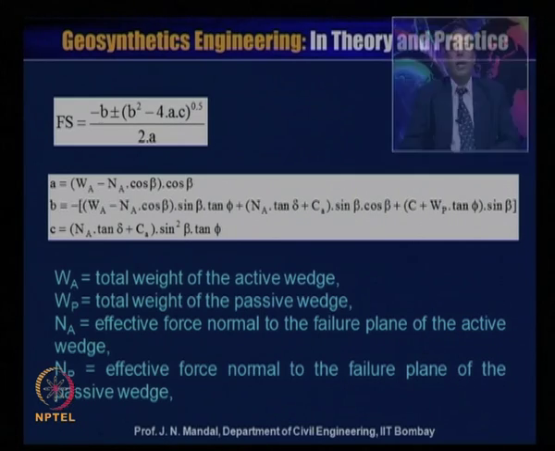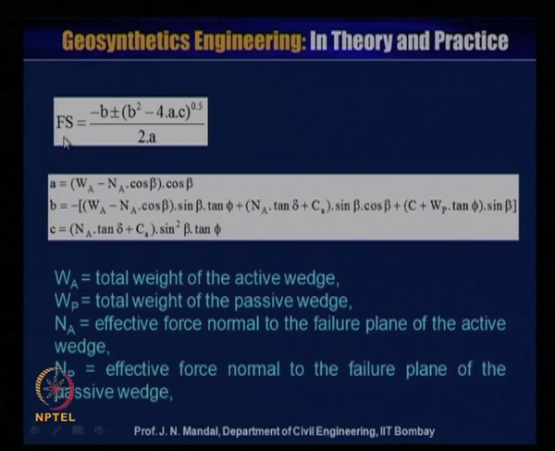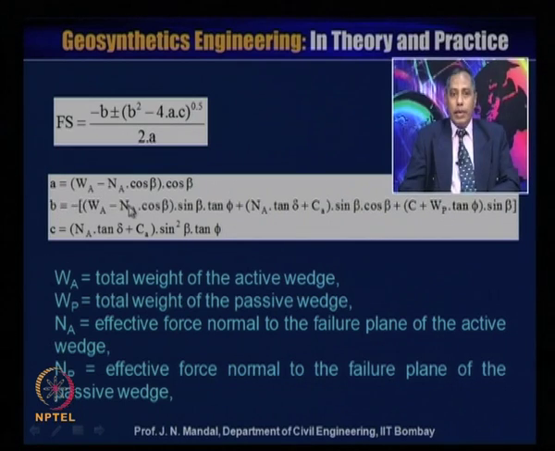So, from this you can calculate the factor of safety with this equation: minus B plus minus square root of B squared minus 4AC, divided by 2A, where A is equal to (WA minus NA cos beta) into cos beta, and B is equal to minus [(WA minus NA cos beta) into sin beta into tan phi plus NA tan delta plus CA] into sin beta into cos beta plus C plus WP tan phi into sin beta, and C is equal to (NA tan delta plus CA) into sin square beta into tan phi,